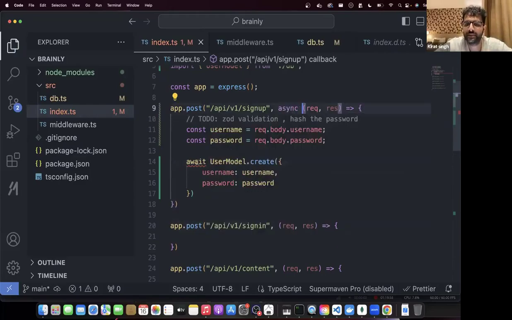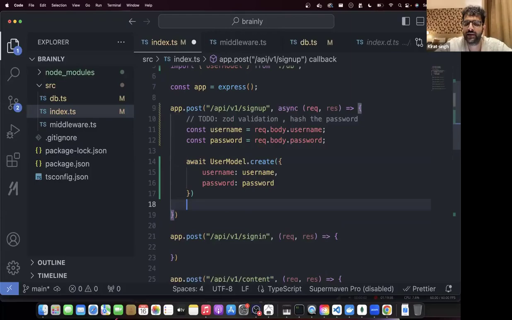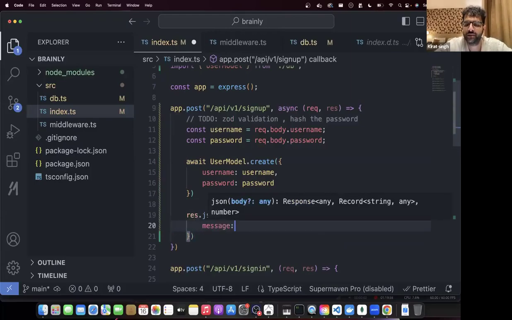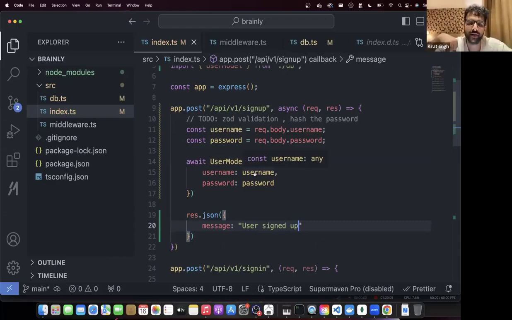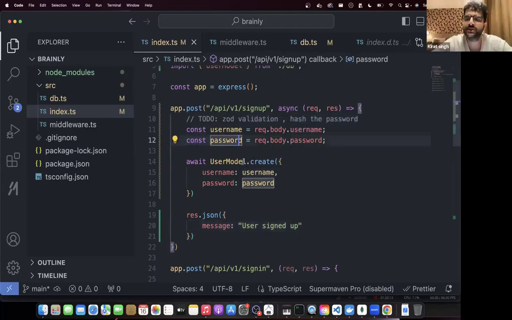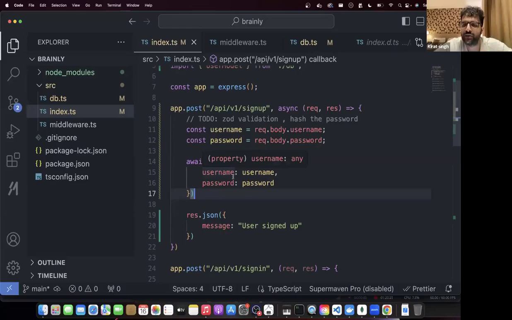Async await. After that is done, res.json message user signed up. Now I've not added a bunch of things. कि अगर user already exists करता है तो ये crash कर जाएगा. If it crashes, I should return a different status code. If you remember, slides में लिखा है कि you have to return a 411 status code अगर यहाँ कुछ कमी है. You have to return a 403 status code if the user already exists. I'm not doing that. If the user with the same username comes, process will crash. You get a 500 status code. So we should fix that. These are all to-dos you should do. That's for creating a user.